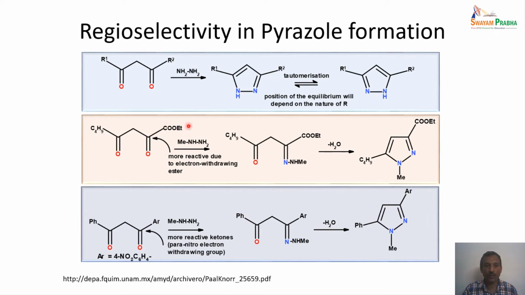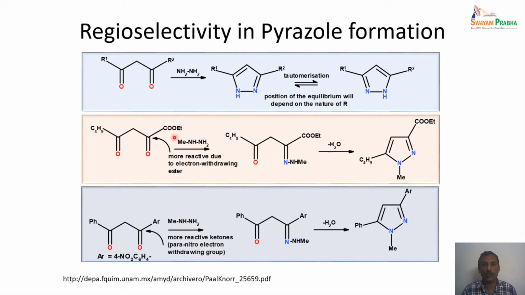If we have an electron withdrawing group, that is an ester group which is attached to this carbon, then that makes this carbon much more electron deficient. That means when the reaction actually occurs, we will end up with this kind of substituted product. So this is one of the ways we can control the regioselectivity of the product formation. So in this particular case, the N-methyl derivative is formed here, and this is 1, 2, 3. So we can get the 3-substituted derivative more effectively because of the presence of this ester group, which is